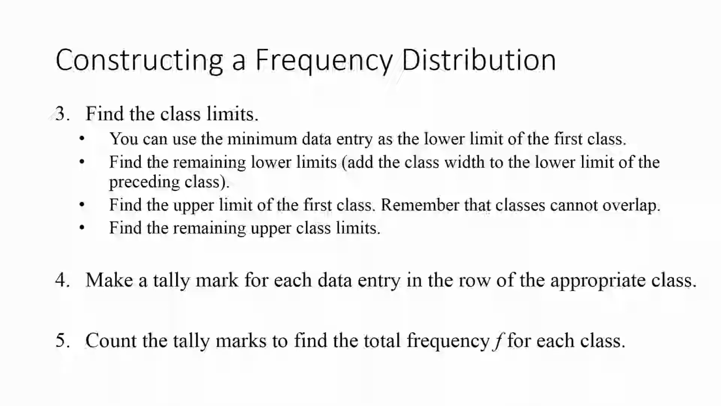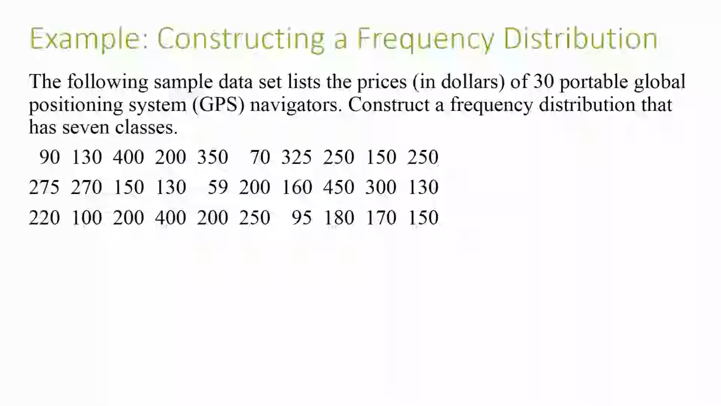And then you count the total tally marks to get the frequency for each of the classes. So we're going to be working through this list of 30 GPS prices and construct a frequency histogram with 7 classes. So first we need to find our cheapest one, which is the $59 one right there. And then we need to find our most expensive one, the $450 here. So to find the class width,